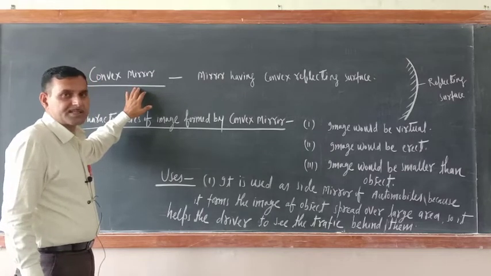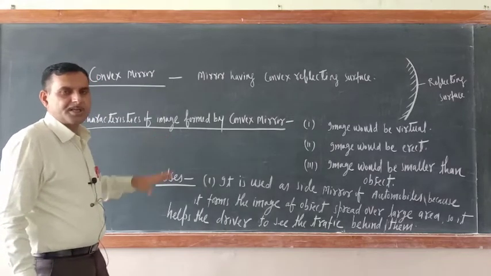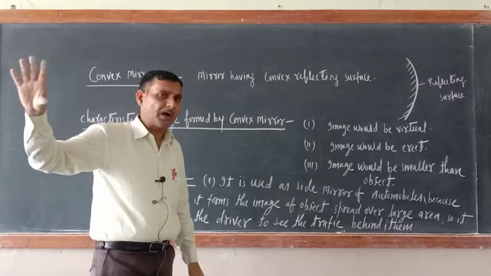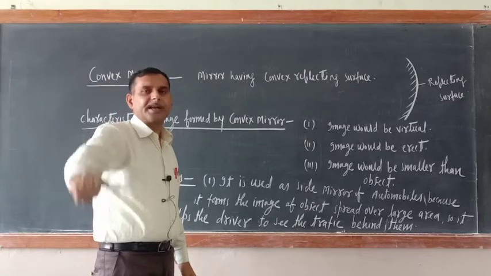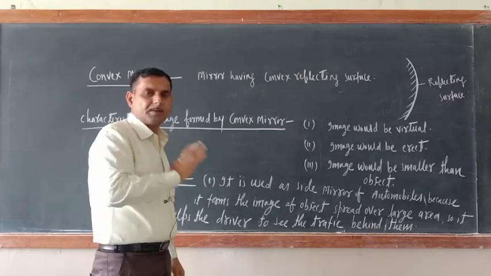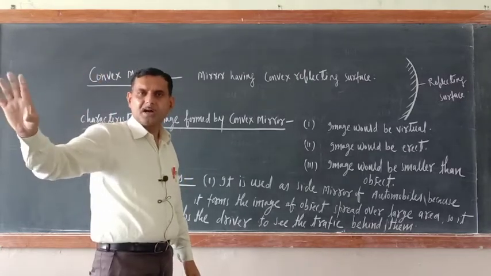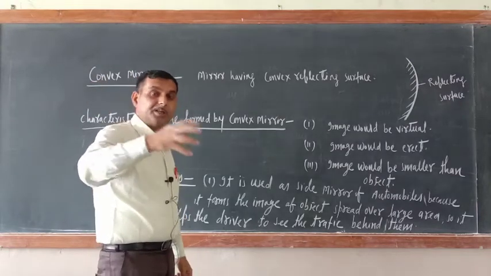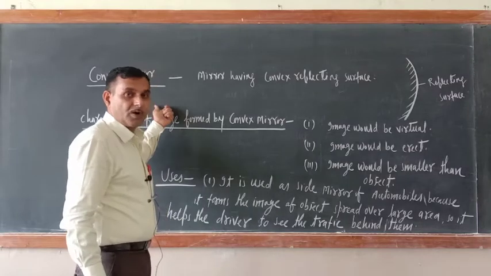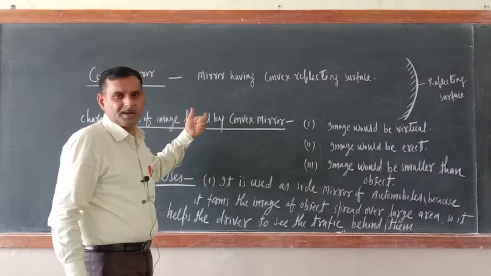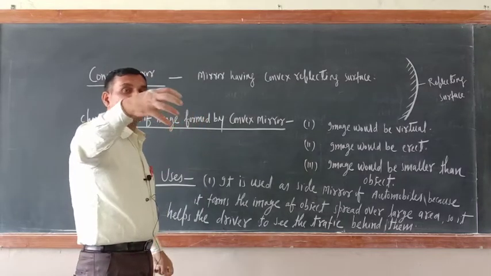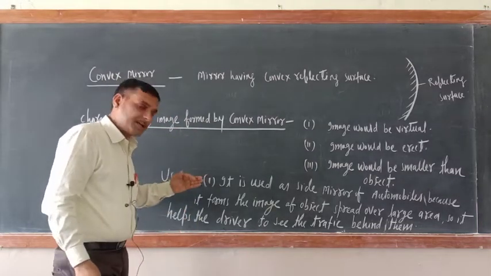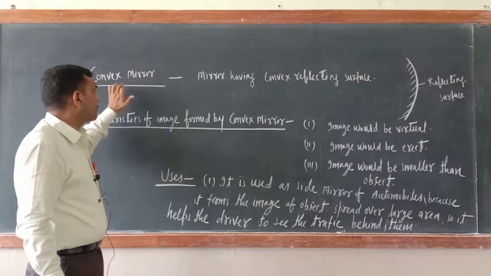Another important thing is the use of the convex mirror. In the Sainik School campus, in different places, near the canteen side and near the principal's bungalow, a mirror is placed. What kind of mirror is it? If you see clearly, they are convex mirrors. Their reflecting surface bulges out. So see what the use of the convex mirror is.